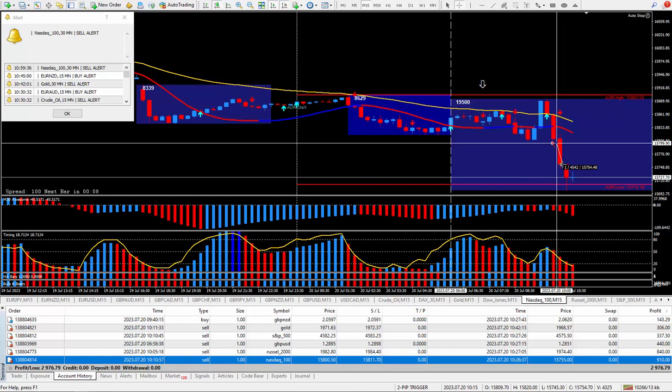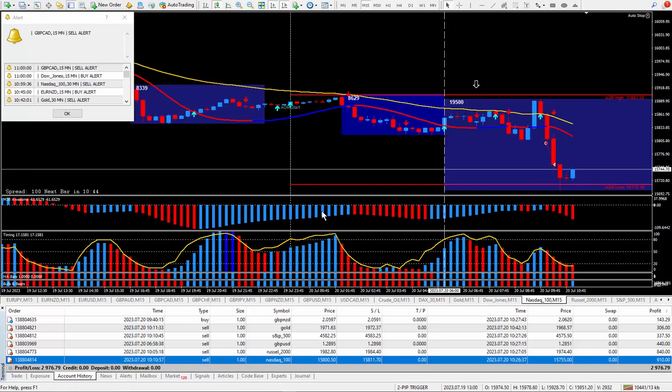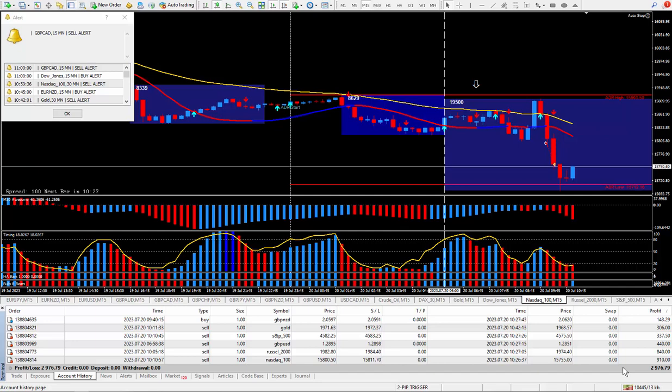You remove the last two digits. So it's 45 ticks, and that paid out $910. So another great day of trading using my pip trigger. I knew it was going to be over 200 pips and ticks. The grand total came to 292 pips and ticks, and that paid out $2,976. So if your system's not producing like my pip trigger, well, I recommend you get your hands on it,